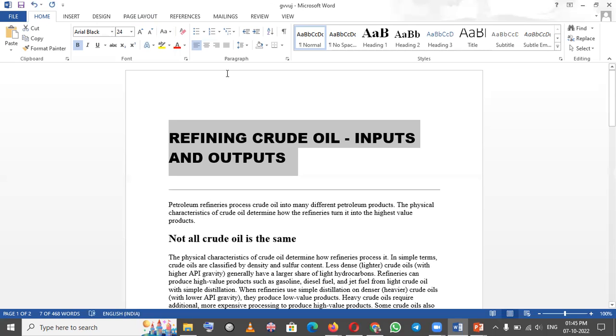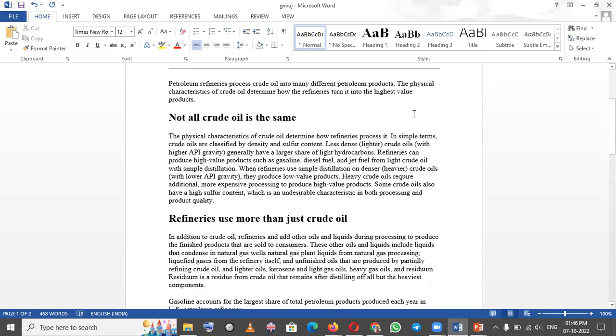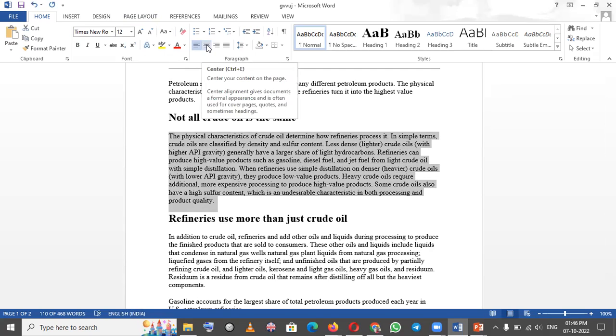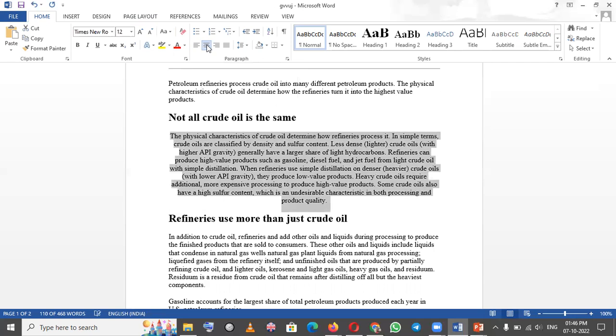Then in the other one, we said the paragraph formatting, whereby you can align the text. Now aligning, maybe this is your paragraph. You want it to be aligned maybe at the center. You can simply click it at that paragraph formatting, whereby it shows center, where it centers your text content on the page. You click it, then the content will be centralized, or you can use a shortcut that is Control